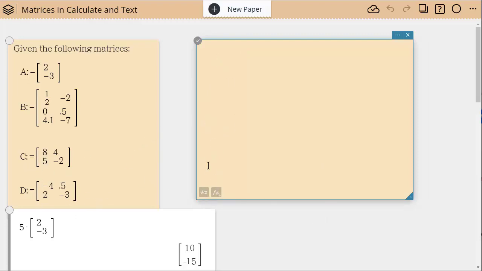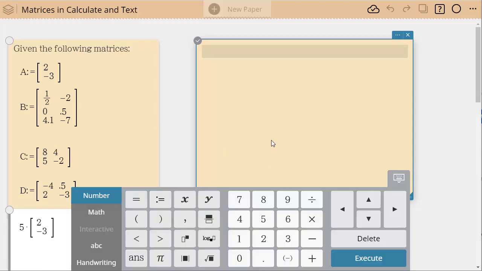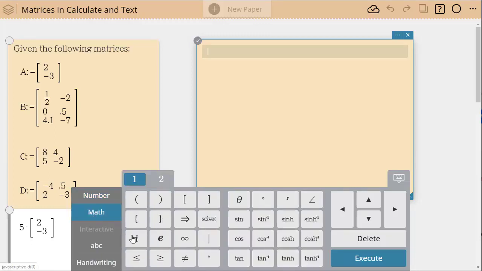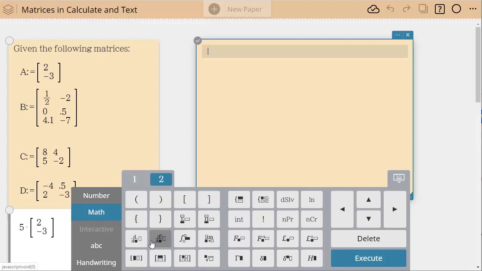So I would choose this right here, which is the square root of A, but this is actually math symbols. So notice the template comes up again. So I could actually have students show me their work.